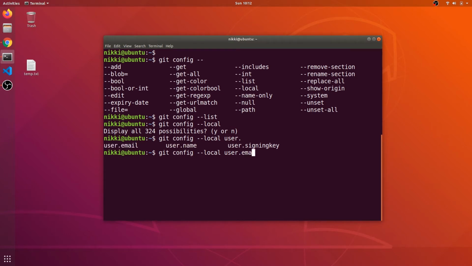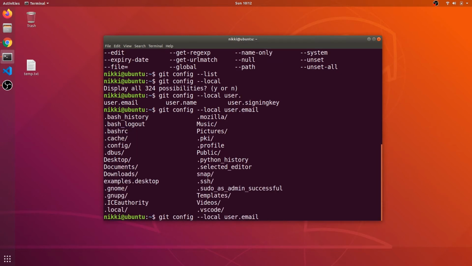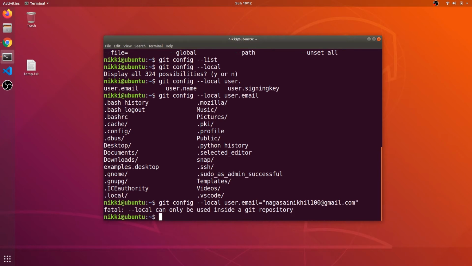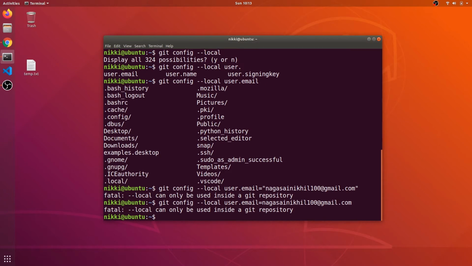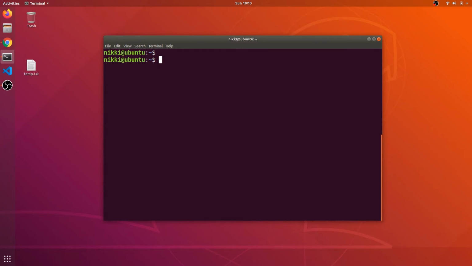Let me set this email, equals my email. I don't know why I'm getting this error. Let me leave that aside.